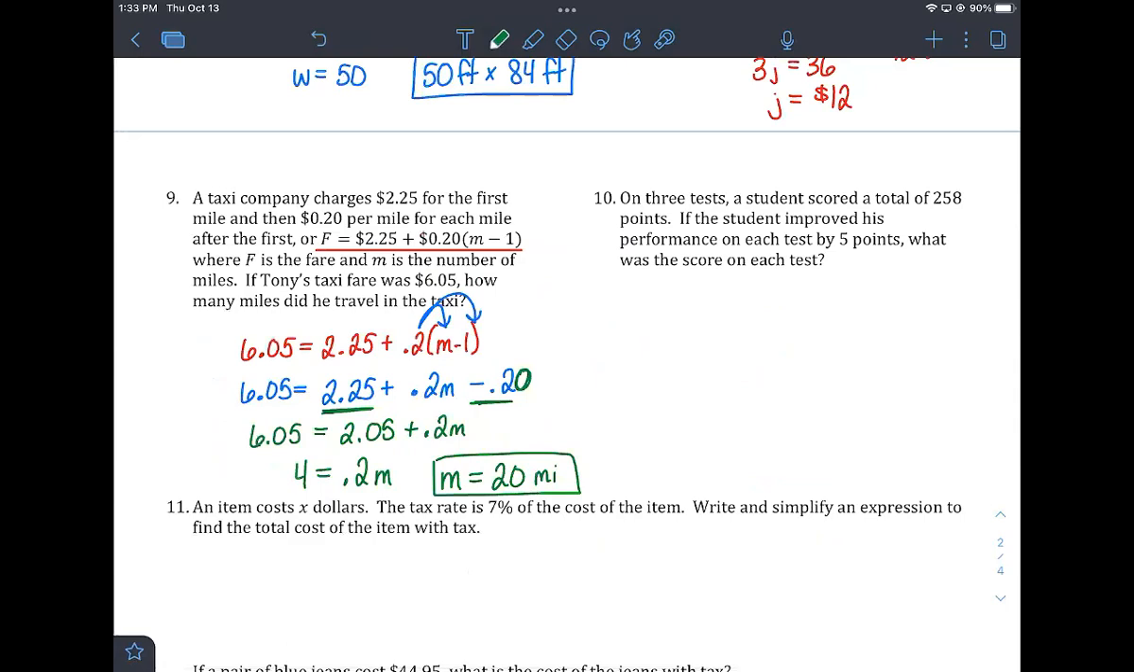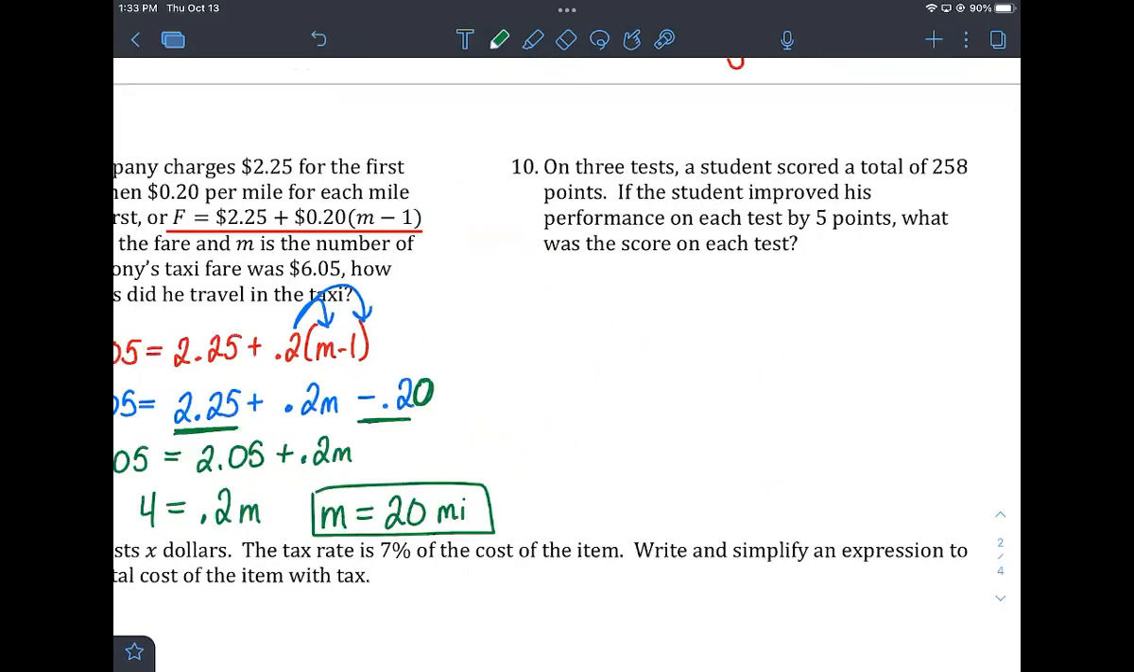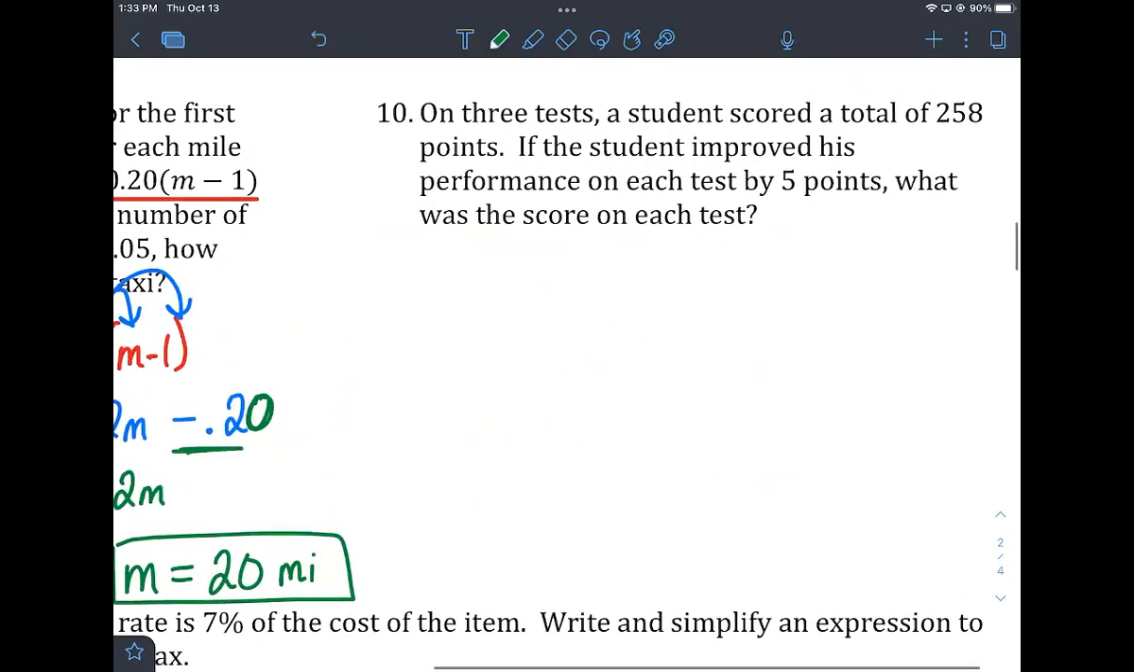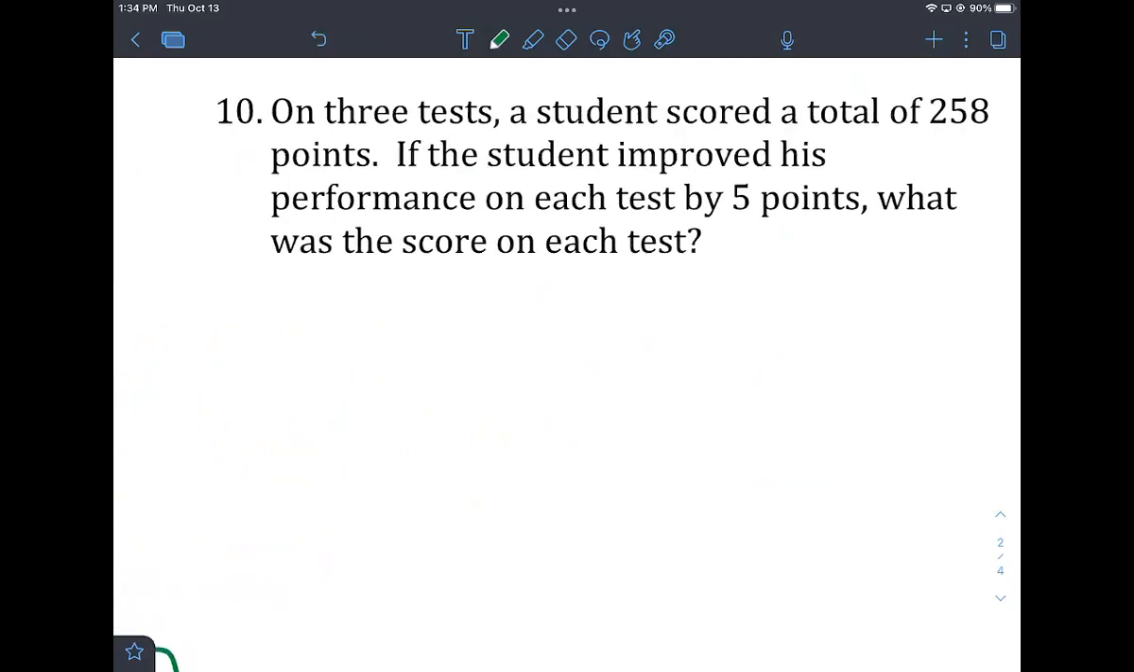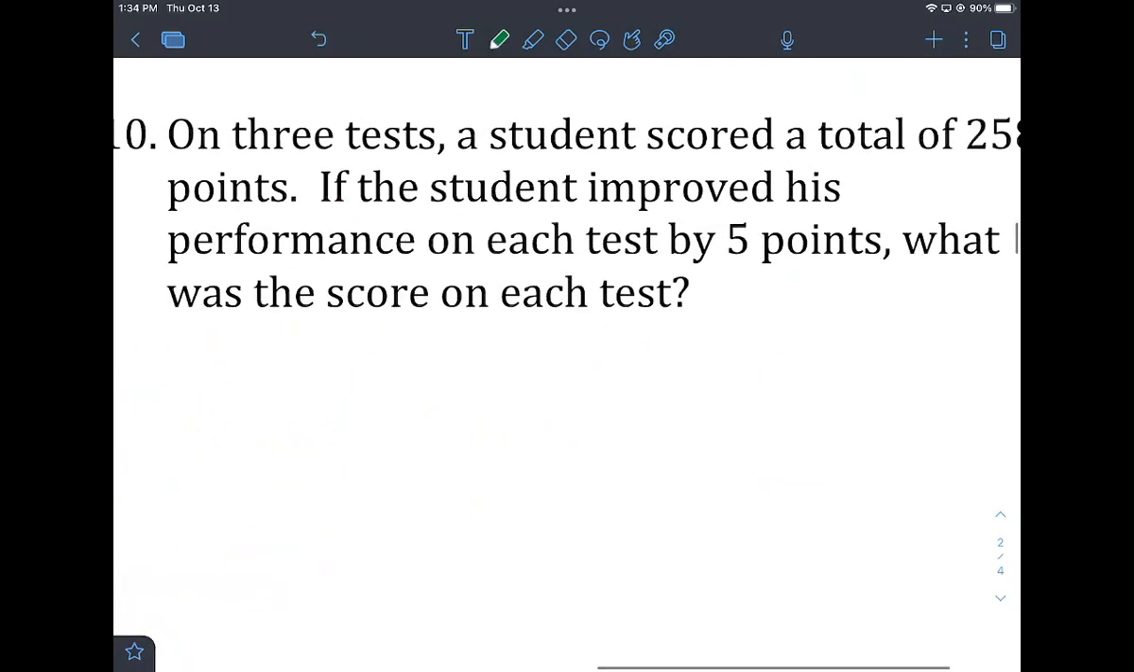75%? Right. Number 10, on 3 tests, a student scored a total of 258 points. If the student improved his performance on each test by 5 points, what was the score they received on each test? So how about S for score? Yes. So S is going to equal the score,